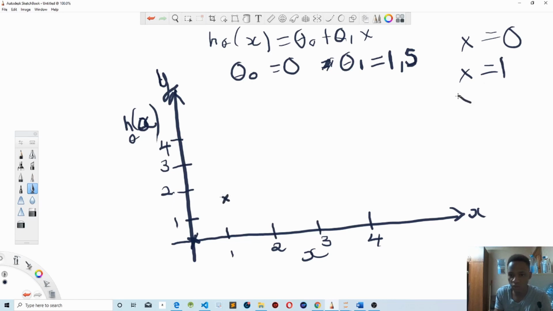So when x is equal to 2, if you substitute the value of x with 2 and multiply 2 by 1.5, that's going to give you a value of 3. So you know that 3 is going to be somewhere here. So in this case our hypothesis would